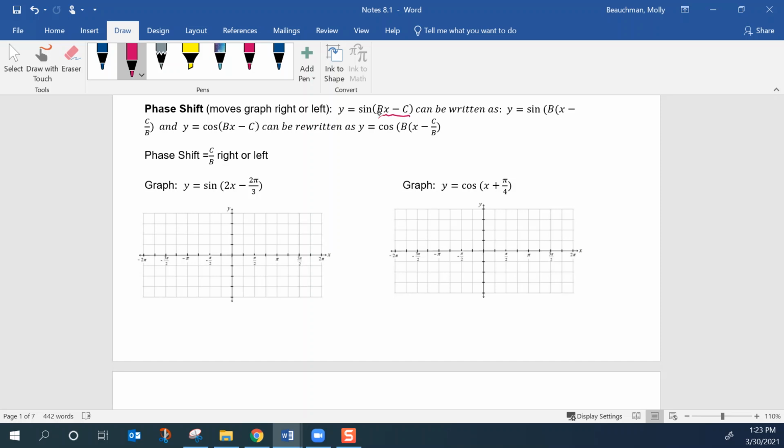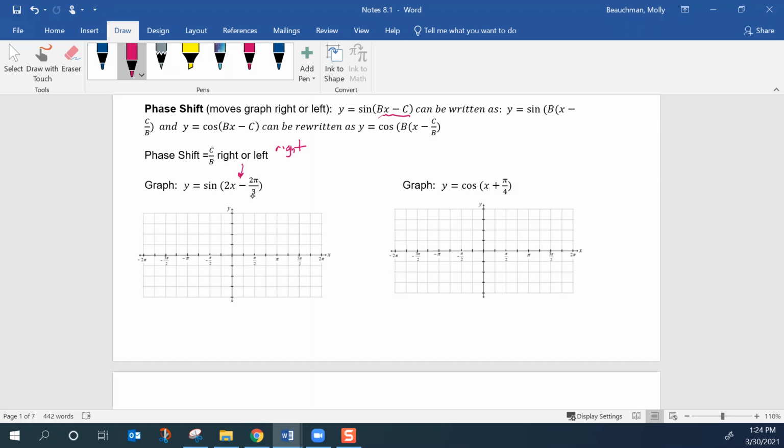If y equals the sine of bx minus c, that can also be written as factor out the b, times x minus c over b, or y equals cosine bx minus c can be rewritten as cosine b times parentheses x minus c over b. The phase shift is c over b to the right or to the left, depending on this sign. So if I have a minus sign, I'm going to shift to the right,